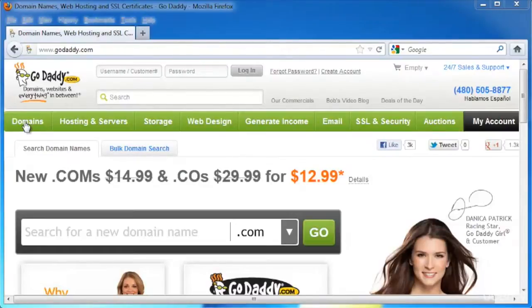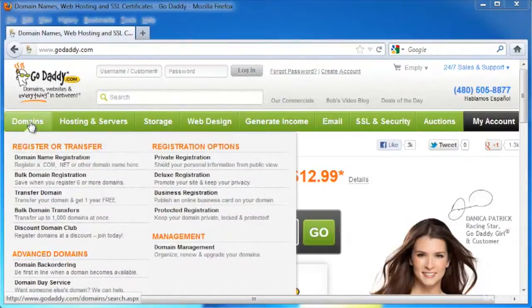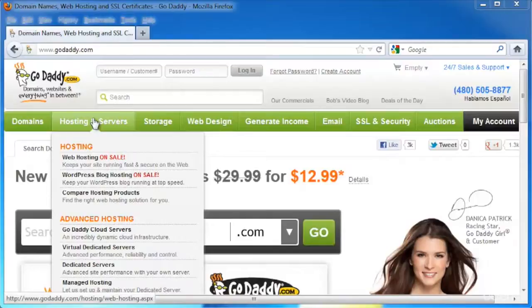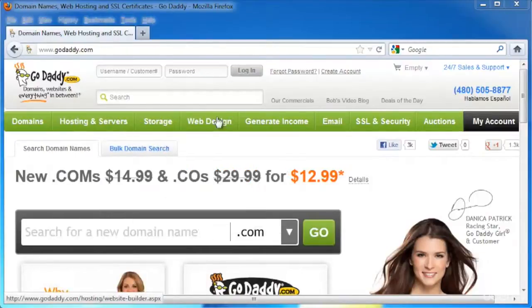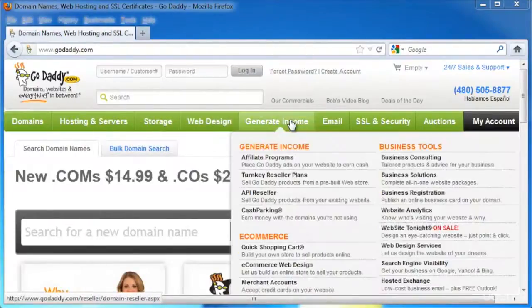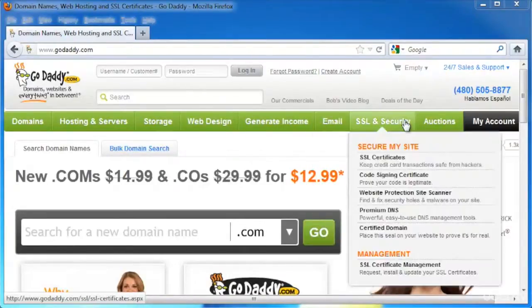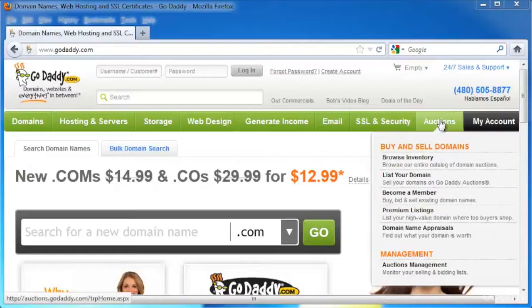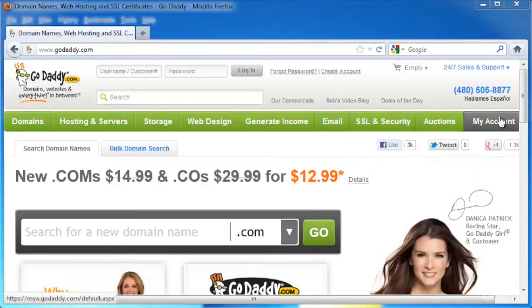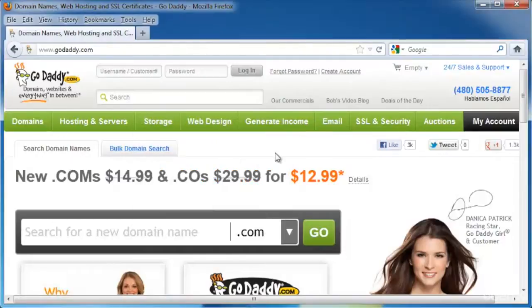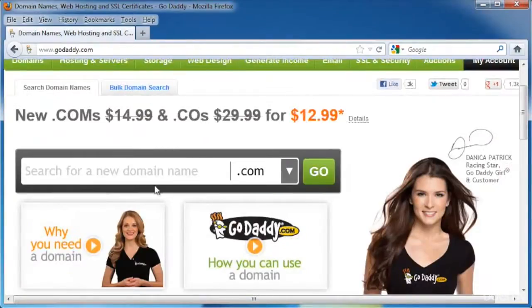Along the top we have domains, we have hosting and servers, we've got storage, web design, how to generate income, web-based email, SSL and security, auctions, and my account. Now I'm not logged in yet, but we're going to take a look at that in just a moment. Now when we scroll down, you'll see a box that says search for a new domain name,